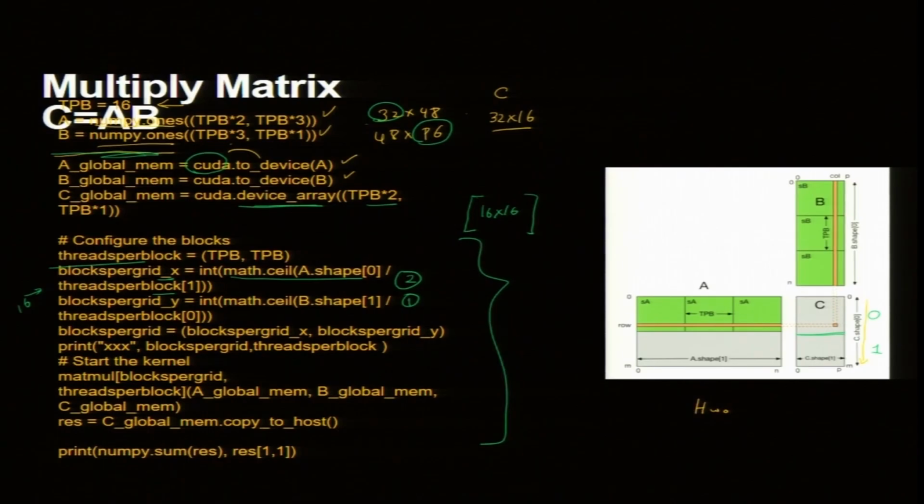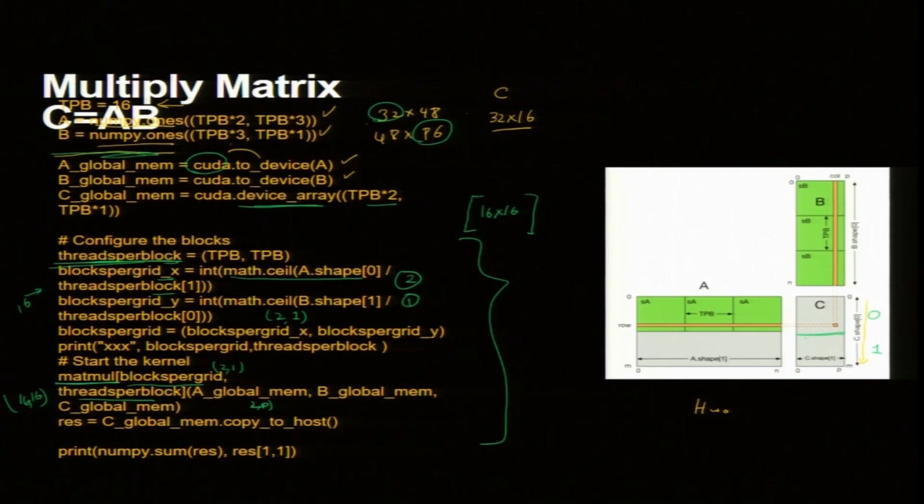For this block for C, I am going to multiply A and B. So, now I will call this function matmul, for matrix multiplication. How many threads and blocks am I using? Blocks per grid, which is 2 by 1. This is a tuple, not a list, 2 comma 1, which is going to come here. And threads per block I already declared is 16 by 16.